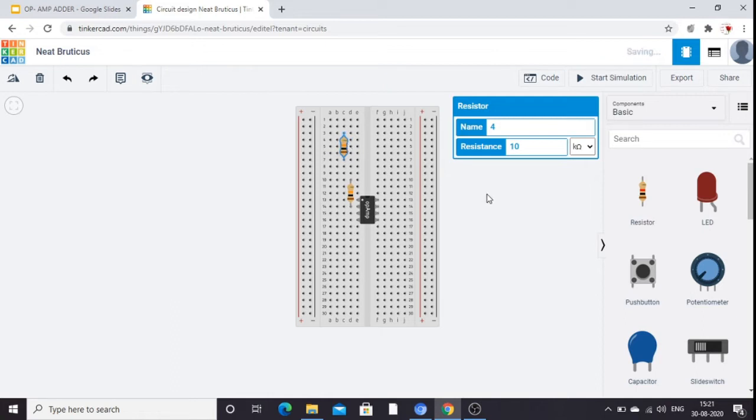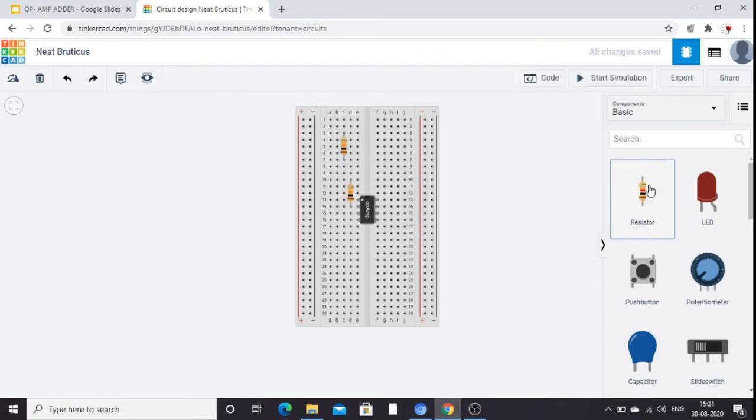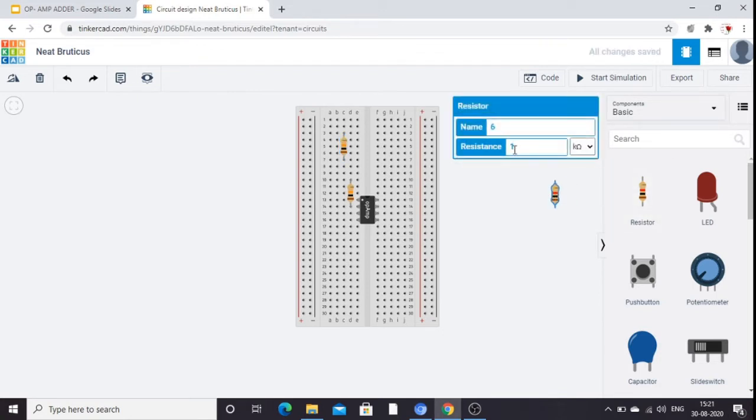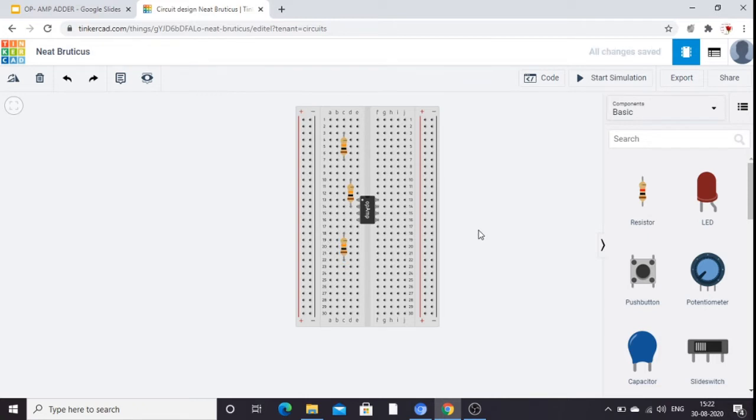Okay. Then similarly, the third resistance. And here also I am changing the value 10 kilo ohm. Then drag it. Then I'm going to place it here. Okay. Now I am going to make the connection